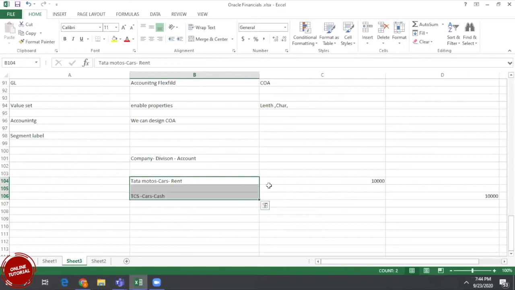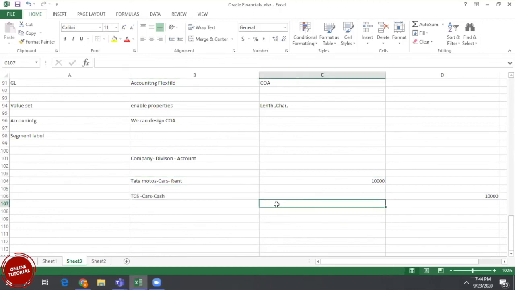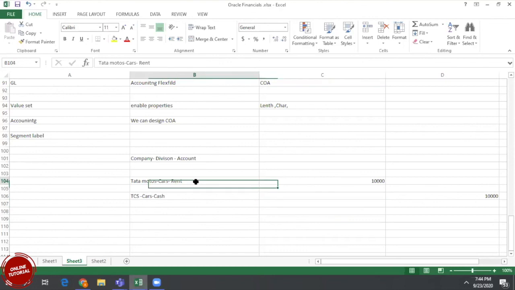In real time it might happen or it might not. As I understand from this transaction, it is an intercompany transaction. Yes, exactly, you are correct.